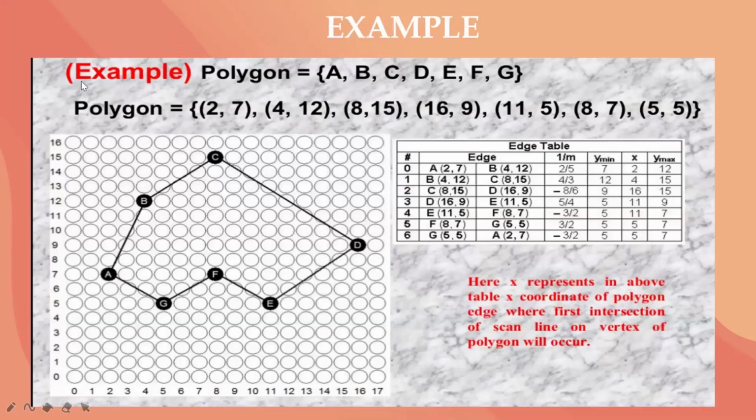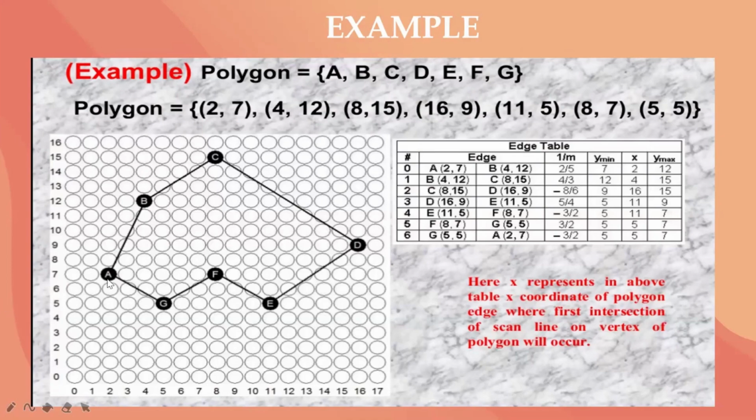In the example, the question is the polygon ABCDEFG. So you are going to draw a polygon. Only these two lines will be your question; the rest you have to solve. I'll just explain how to do it. The polygon ABCDEFG has been given, and the polygon coordinates have been given. So for vertex point A, this is the polygon, these are the coordinate points.